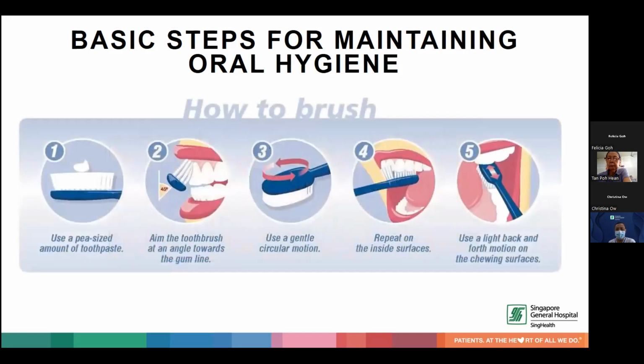Basic step for maintaining oral hygiene. Okay, basically, if you look at the slide, a pea-sized amount of toothpaste is more than enough. You don't have to put the whole layer on top of the brush. Aim the toothbrush at an angle towards the gum line, as you see in the pictures,